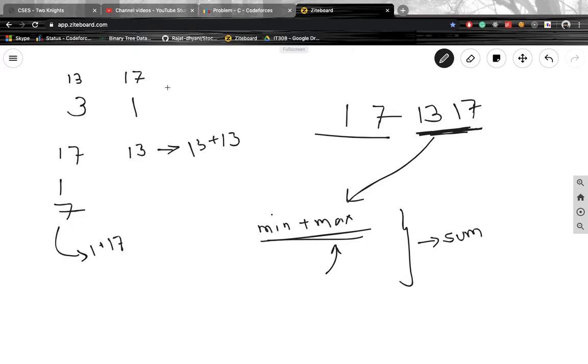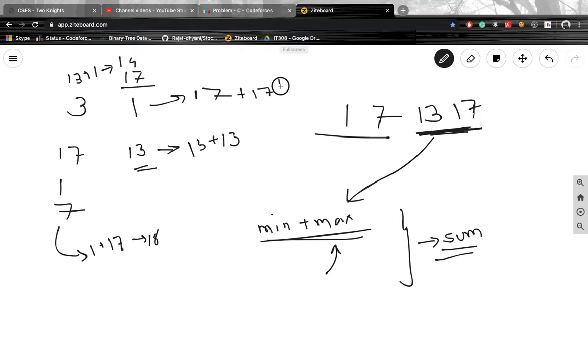If I give 17 here, it will give me 17 plus 17, which will increase the final sum we get, and here it will be 13 plus 1. So this is 14, this is 18.